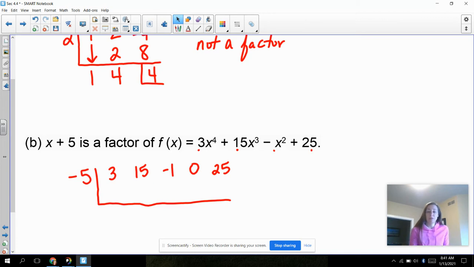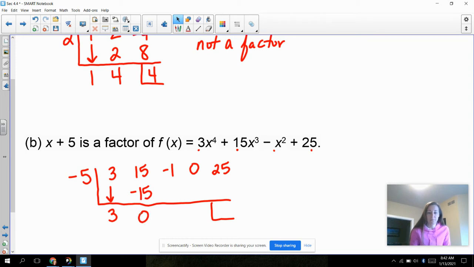And I'm going to do the same thing I did before. I'm going to go through the whole synthetic division process, and what I'm hoping for is a 0 here at the end. If I get a 0, then that means that x plus 5 is a factor and it goes into this thing evenly. So we drag out 3, we multiply it,